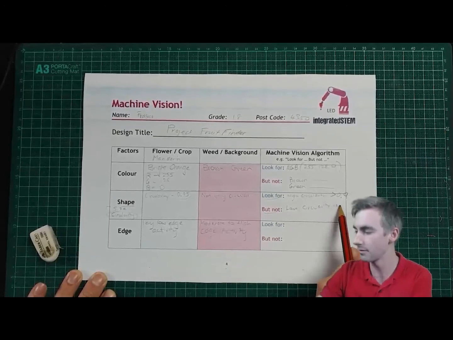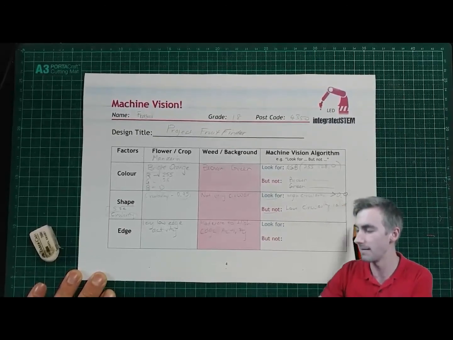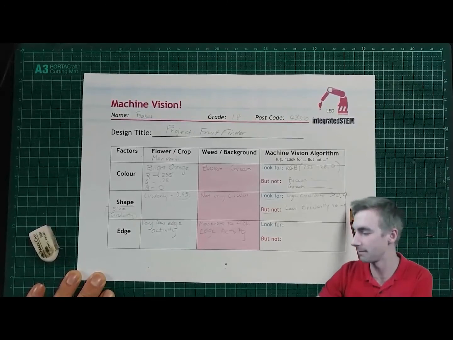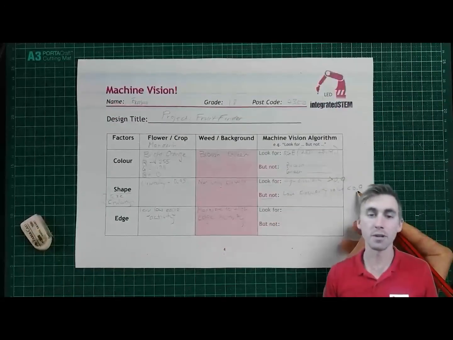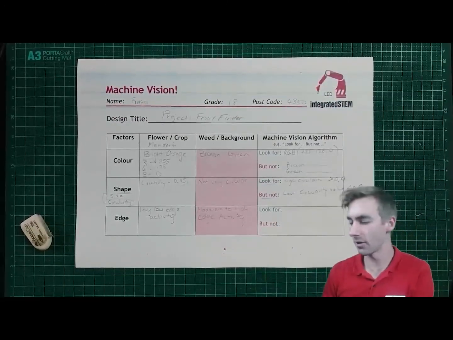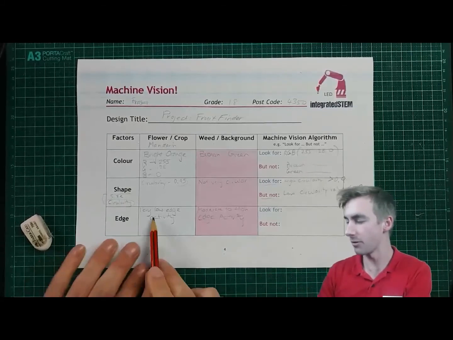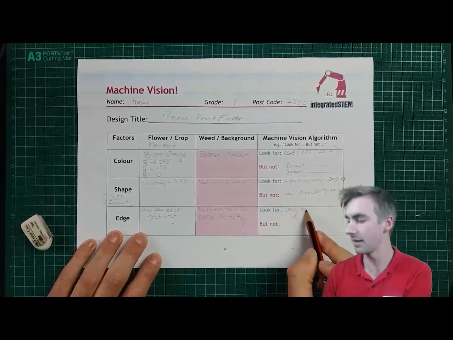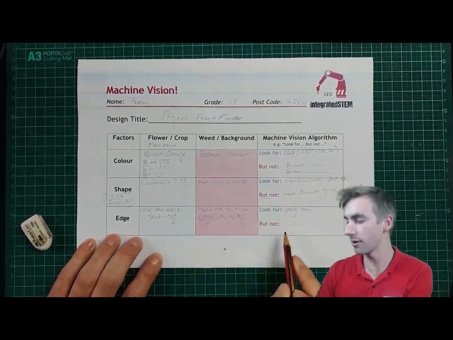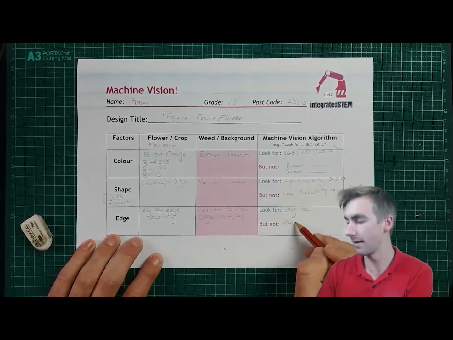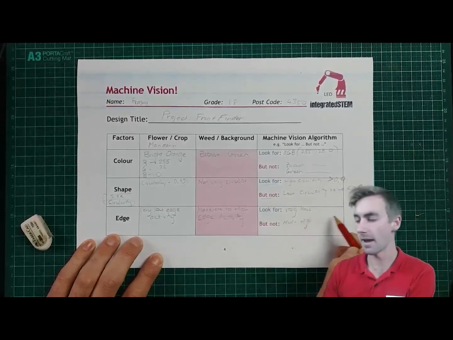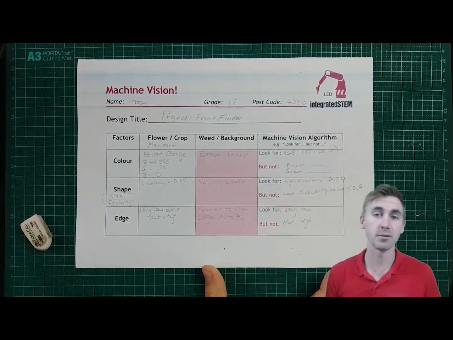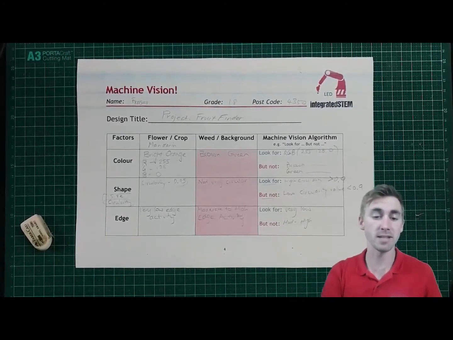Now, because we're looking for above 0.9, maybe we could say anything below 0.9 is not really what we want to find. And lastly, we're just putting in for the edge activity. So the Mandarin for me, we want to look for a very low edge activity, but not a moderate to high edge activity. Now, this is essentially our plan for developing a machine vision algorithm to find my particular application